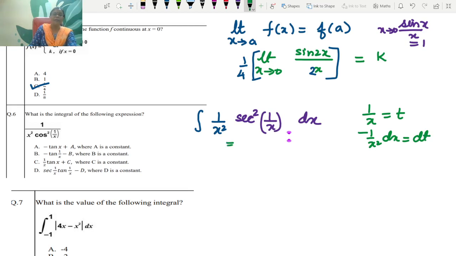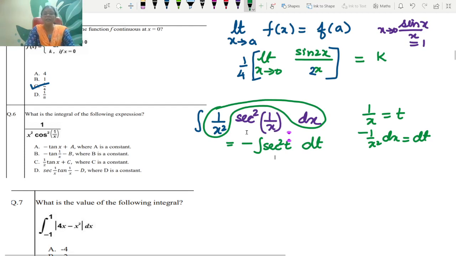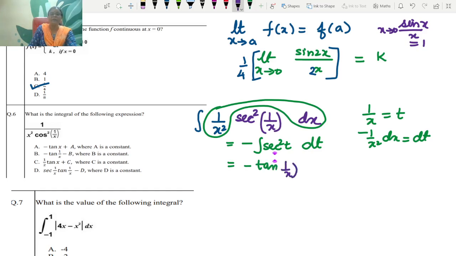तो इससे ये एक्सप्रेशन क्या कन्वर्ट हो जाएगा, 1 अपॉन x square dx गेट्स अटैच्ड टू dt, वो dt हो गया, sorry, it is minus of dt, and the rest becomes sec square t। ये एक स्टैंडर्ड एक्सप्रेशन है ना, इंटीग्रेशन ऑफ बेसिक फंक्शन है ये। इंटीग्रेशन ऑफ sec square t क्या होता है, इट इज tan t, तो इट इज माइनस ऑफ tan t। अब t क्या था अपना, रीराइट इट, t था अपना 1 अपॉन x प्लस अ कांस्टेंट, कांस्टेंट यूजुअली हम प्लस c लिखते हैं।